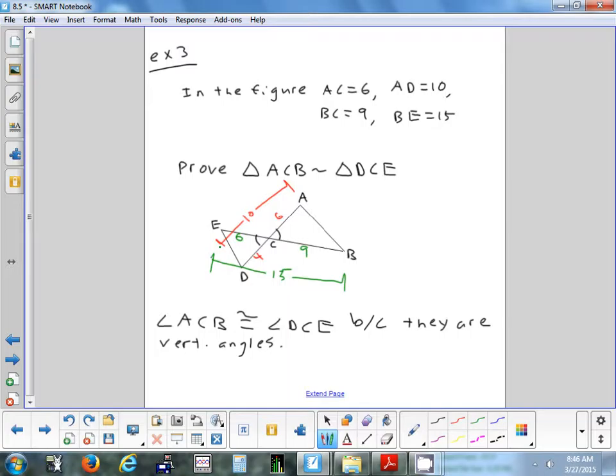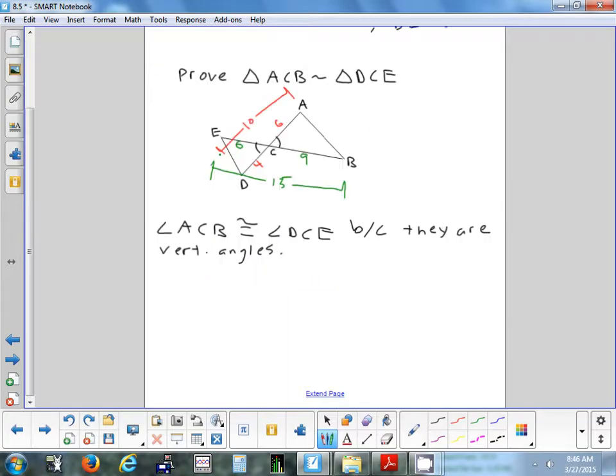Big side of the other triangle to small side. Okay, that's one way you could do it. So let's do next. Okay, how you set up the proportion is up to you. There's a lot of different ways you could do it. Okay, but let's start with